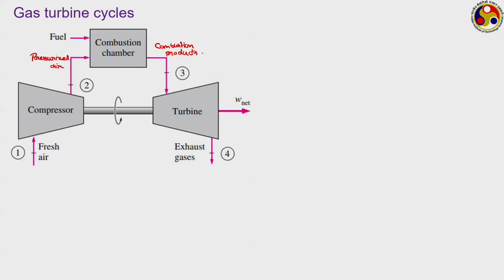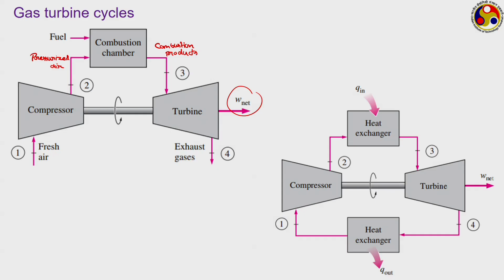Combustion products are coming out, which are subsequently taken to the turbine, and in the turbine we are getting the real work output. Finally, the exhaust gases are released, maybe to some downstream application or maybe to the surroundings. This is the open cycle form of gas turbine, whereas this is the closed cycle form, where instead of releasing the exhaust gases to the